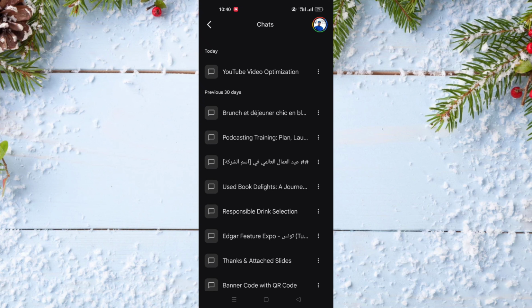And as you can see here, you will have the chats that you have from the previous 30 days in front of you. To pin a conversation, and pinning a conversation means that this conversation will always be first, you just need to click on the three dots, and after that you will see these three options: pin, rename, and delete. You just need to click on pin, and as you can see here, your conversation is pinned,